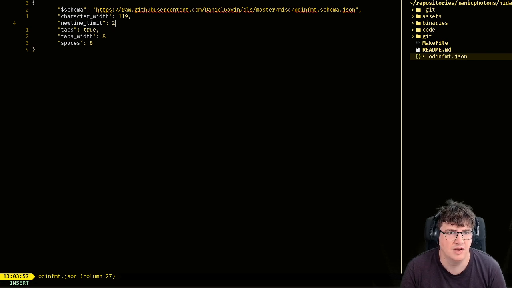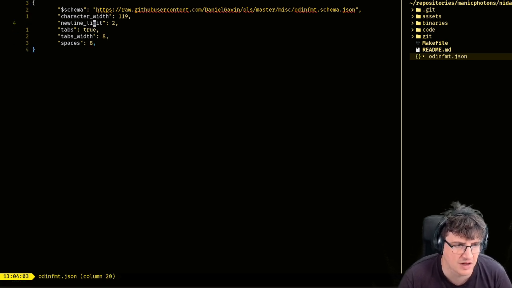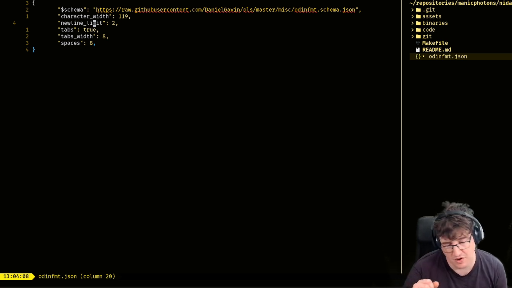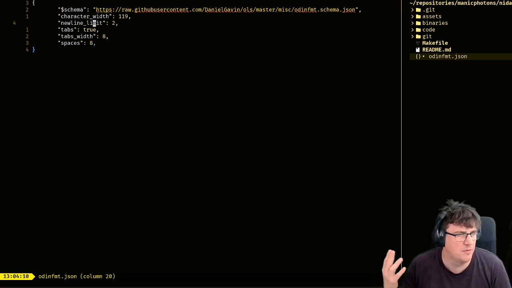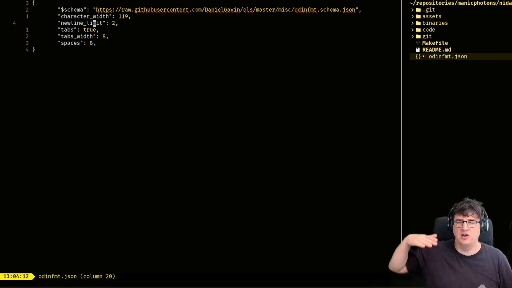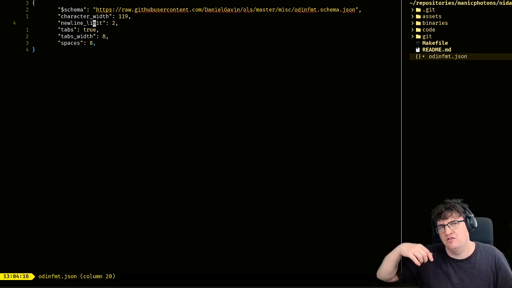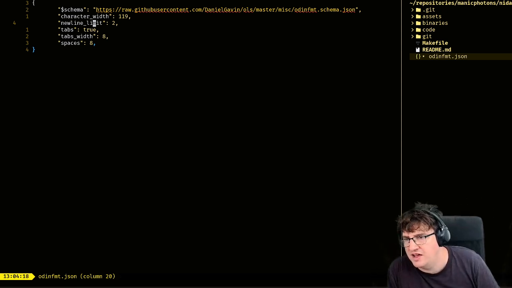I like a limit of 2, I think. I like to have 2 blank lines, not more than 2 blank lines. I don't know if that is doing enough, or if it's setting it so that there can only be a maximum of 1 blank new line between sections. So I'm going to check that in a second.